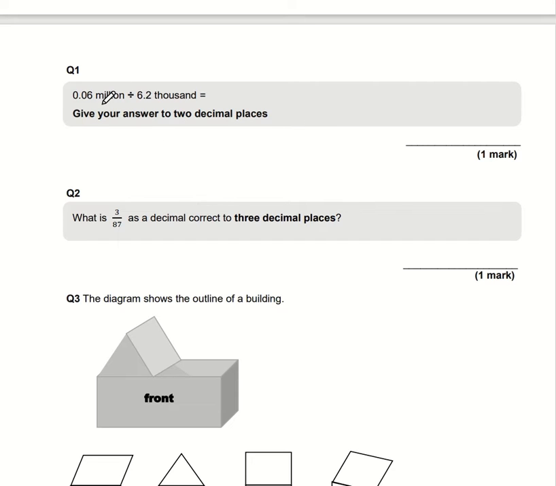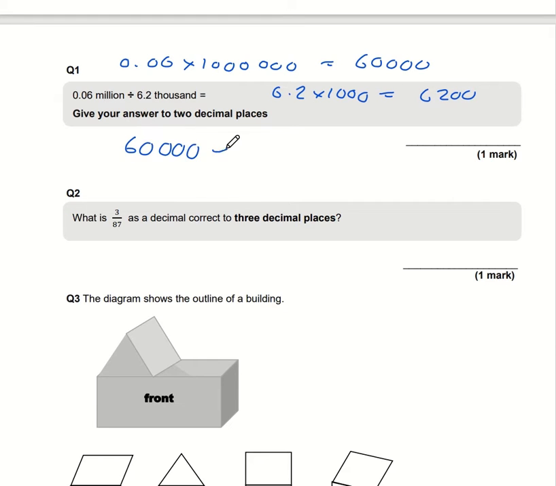Well, the trouble is you can't type into your calculator 0.06 million, but what you can type in is 0.06 multiplied by 1 million, as long as you know that a million has 6 zeros, and that comes to 60,000. And you can also type in 6.2 times by 1,000, which is 6,200. So now you can type into your calculator 60,000 divided by 6,200, and that comes to a total of